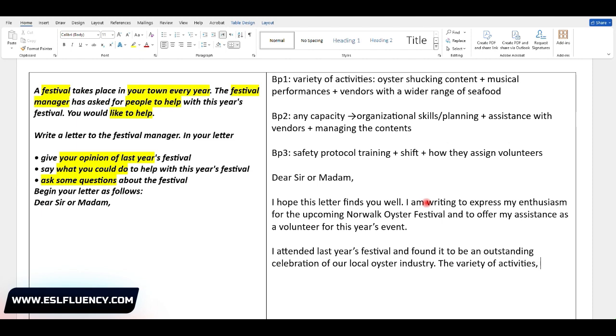Okay, examples from oyster shucking contest to the live musical performances.